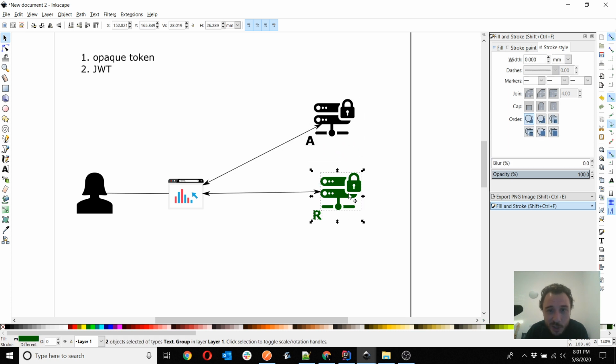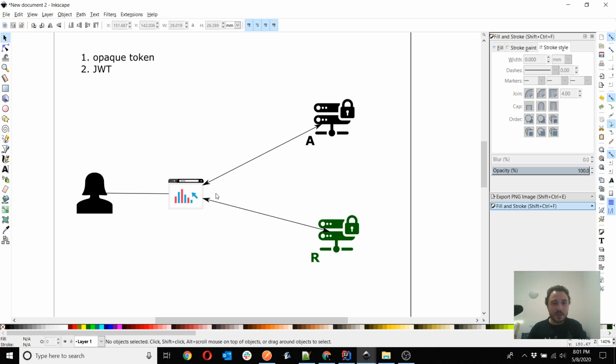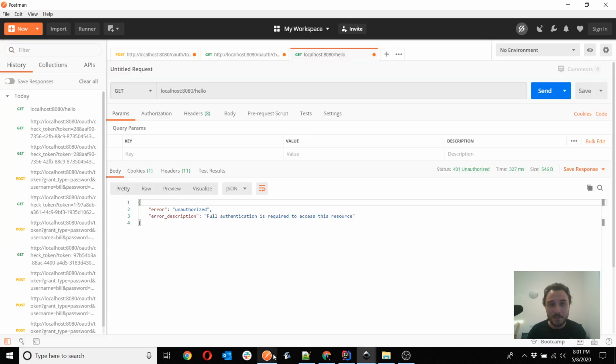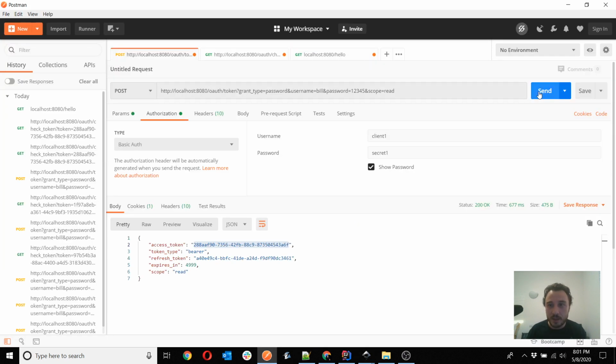Well, of course you need a token, because that's OAuth 2. The client needs a token, gets the token, calls the resource. You don't have a token, you don't call the resource. Pretty easy. So where do we take the token from? The same application, of course, because in our case it represents both the authorization server and the resource server. So I'm going here, I'm getting a token,